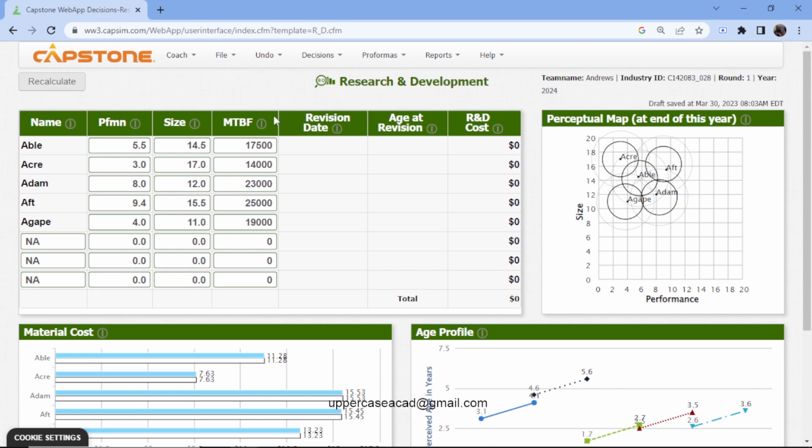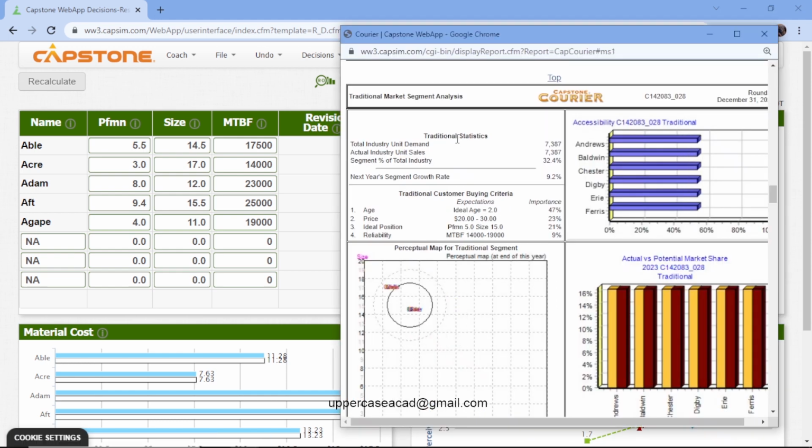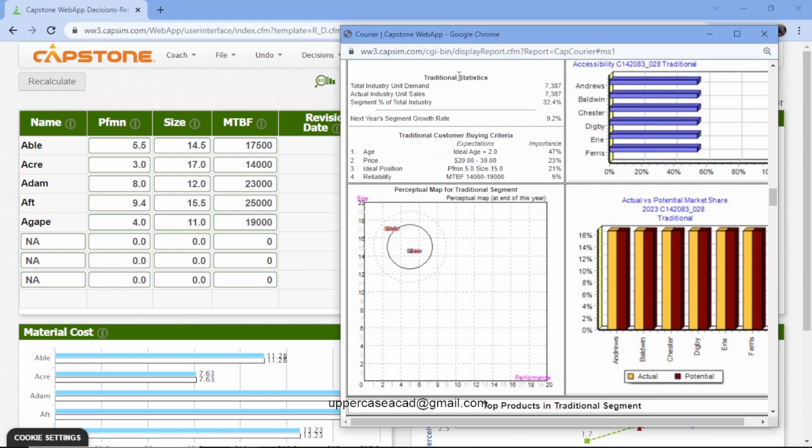So the first step that you normally come to is the report. So we just go into the report because I want to look at the market segments. I'll come into the traditional. Now, this is my traditional product. You can see that customers here want a product with an ideal age of 2 with an importance of 47%, price of between 20 and 30 with an importance of 23%, then ideal positioning